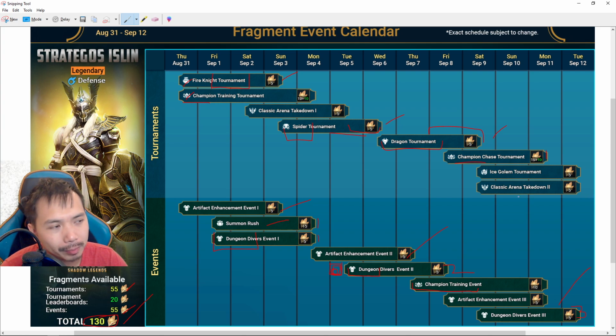And yeah, just to wrap up this fusion calendar, so we have Ice Golem finishing off your last Dungeon Divers. That's pretty much it. And Ice Golem does actually fit well with training, so you can actually use somebody like Artak, for example, to solo farm, or there's other champions as well. Theodore can do it, Tomb Lord can do it. So you can solo farm Ice Golem, get some Dungeon Divers, champion training as well. And I don't really talk about the Classic Arena because those are pretty straightforward. Definitely one of the most straightforward events. But I do want to talk about